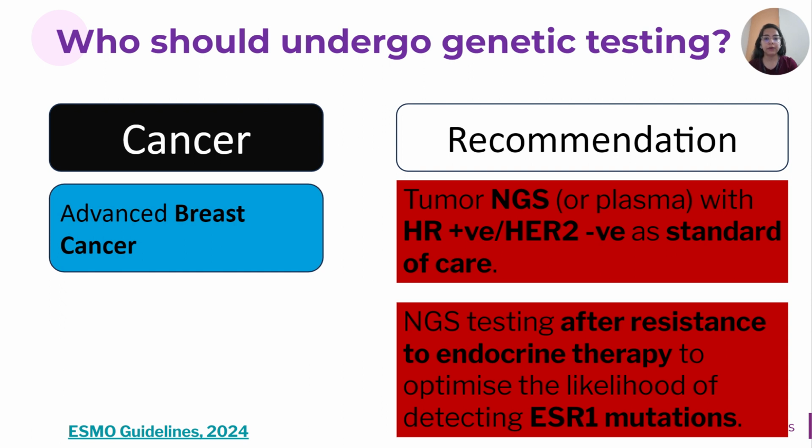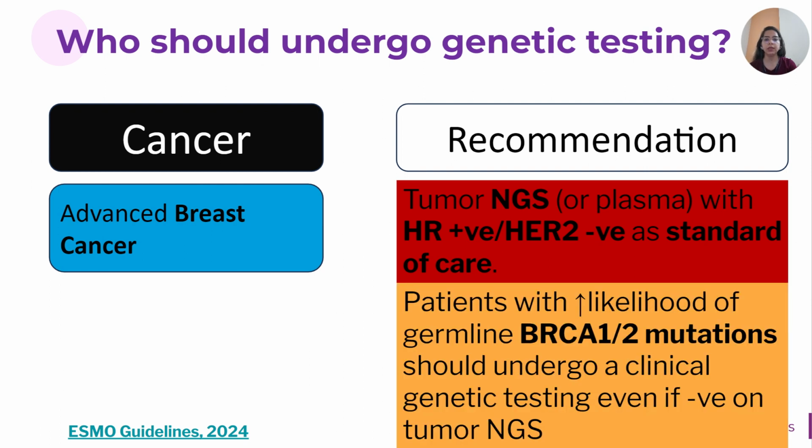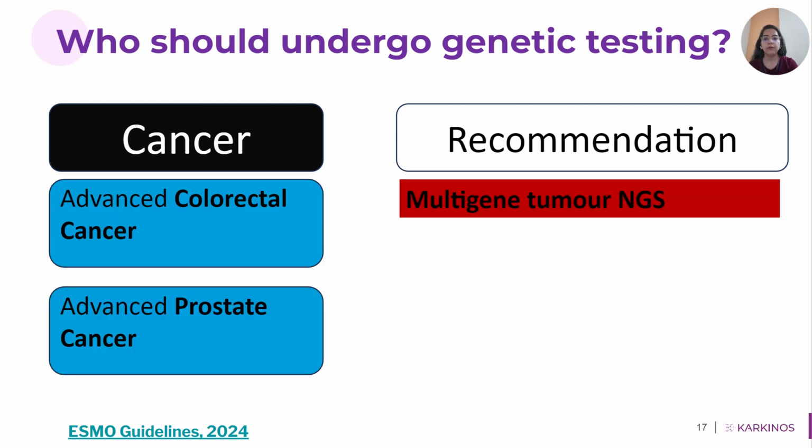And after resistance to endocrine therapy, NGS testing should optimize the likelihood of detecting ESR1 mutation. Additionally, patients with increased likelihood of germline BRCA1 and BRCA2 mutation should undergo clinical genetic testing even if negative on tumor NGS report. For the other two cancers, advanced colorectal cancer and advanced prostate cancer, multigene tumor NGS profiling